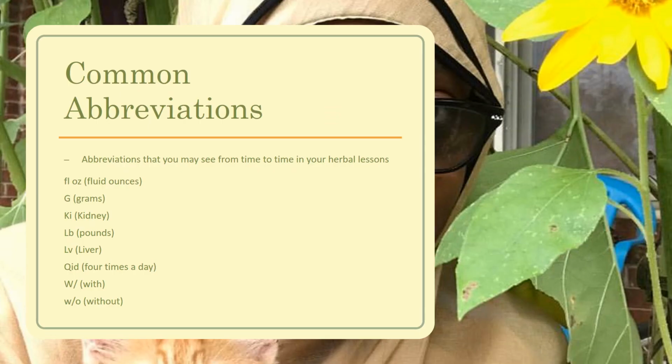In working with herbs and doing herbal preparations, you'll come across common abbreviations. For example, FL is fluid ounces, G is grams. For specific organs and conditions, you'll see KI for kidneys, LB for pounds, LV for liver, and QID, which is 4 times a day. So if it says that you should give someone a tablespoon of a specific herb QID, then it would be 4 times a day. W with a forward slash is with, and W with a forward slash O is